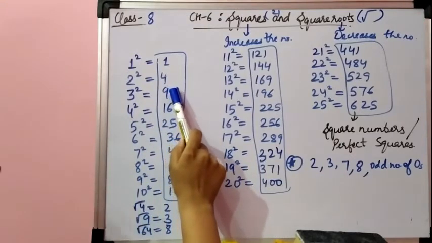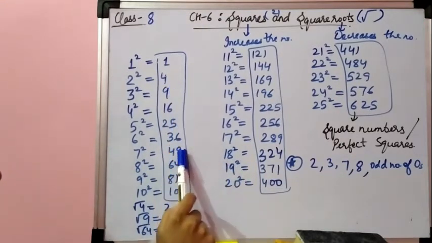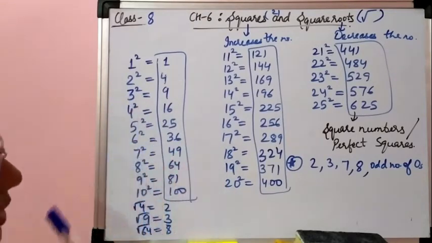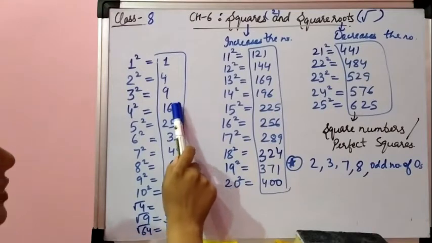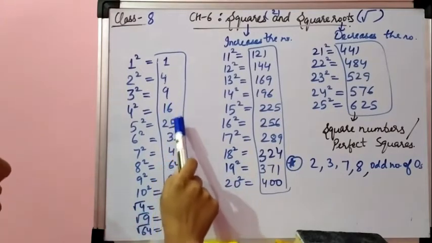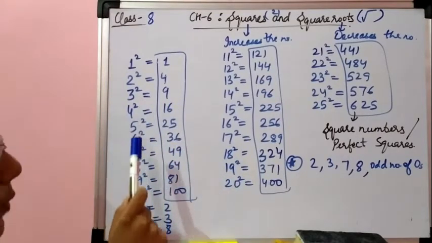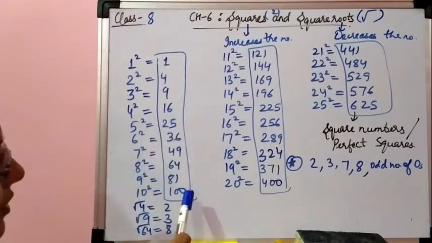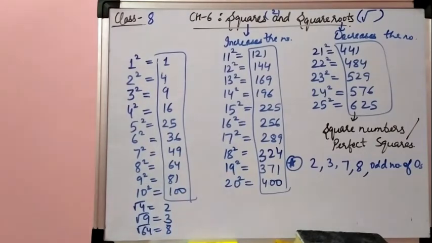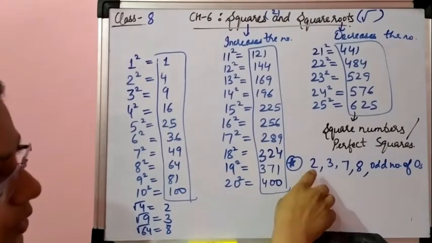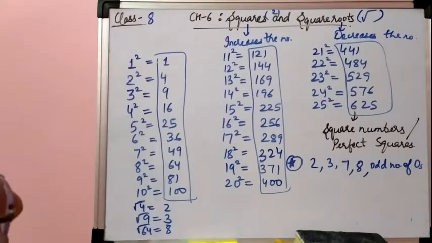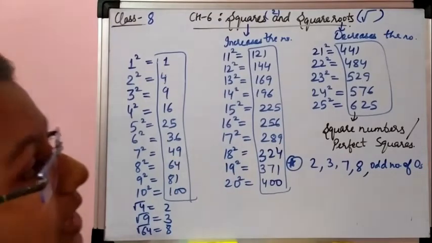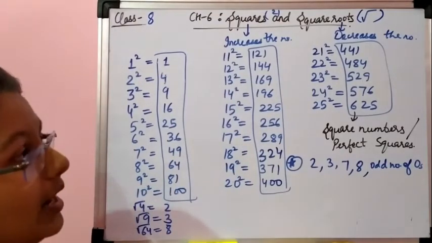Similarly, if in the square number the unit digit is 9, then in the square root the unit digit can be 3 or can be 7. Now if in the square number the unit digit is 6, then in the square root the unit digit can be 4 or can be 6, and for 5 it will remain 5, for 0 it will remain 0. So this was one property, and this is the second property. Okay, so let us write down what the different properties of square numbers and square roots are.